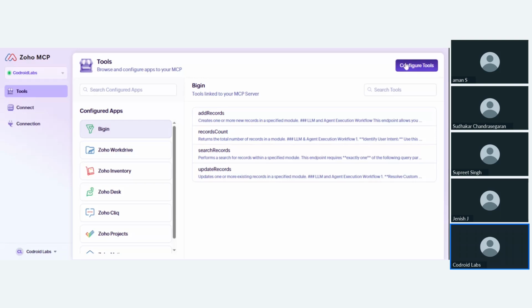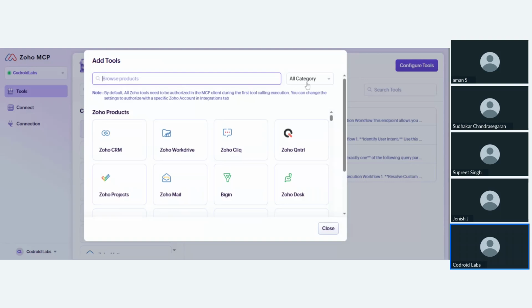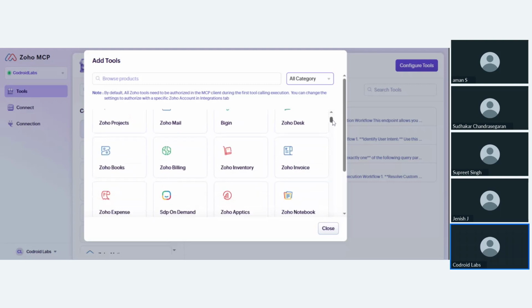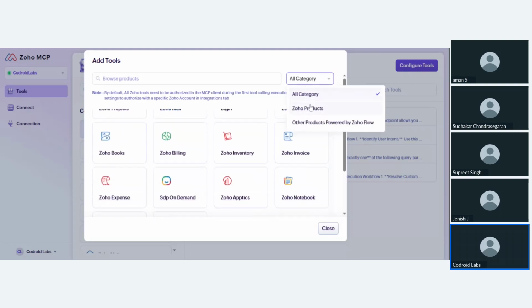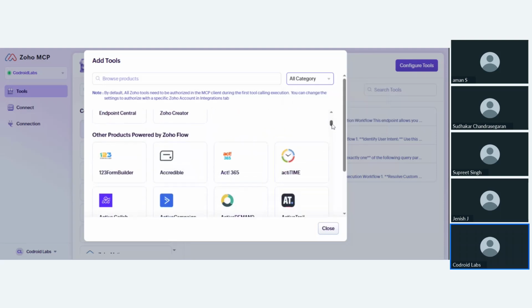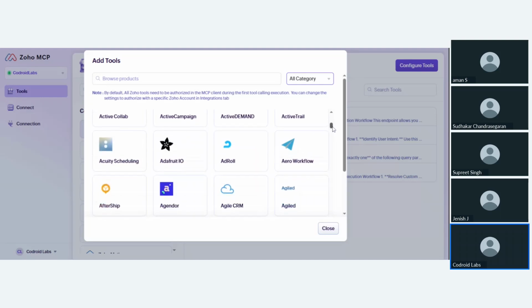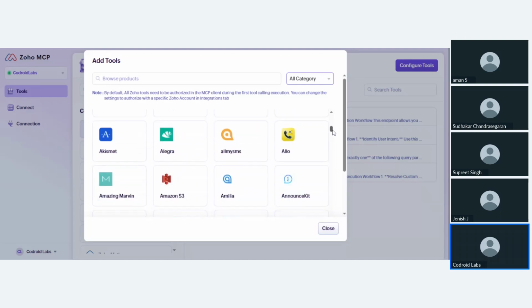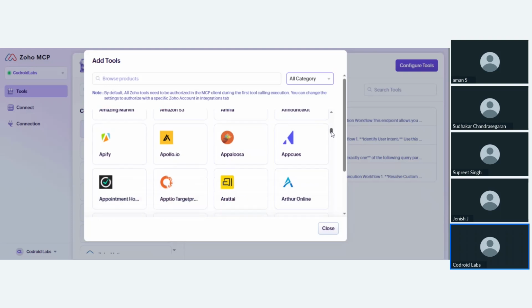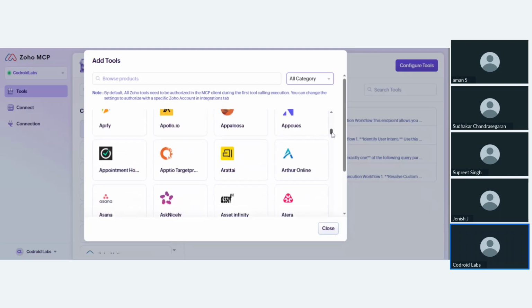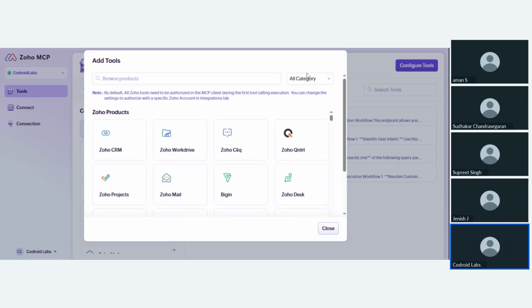If you want to configure lots of other tools, there are lots of products, like Zoho's own products and other products powered by Zoho Flow. The third party applications also have the capability to fetch data and interact with them. There is Apollo.io and lots more. Currently we are focusing only on the Zoho applications.